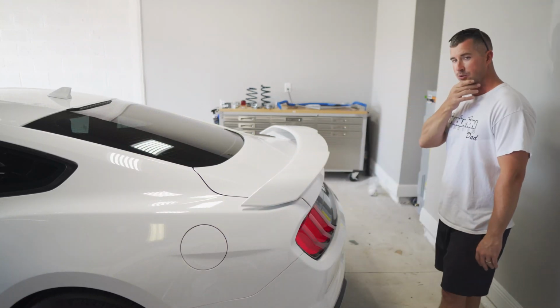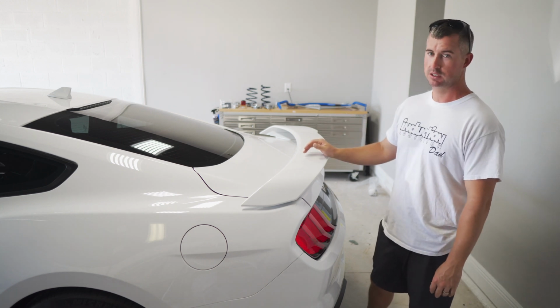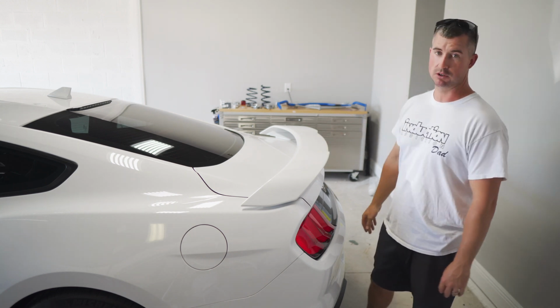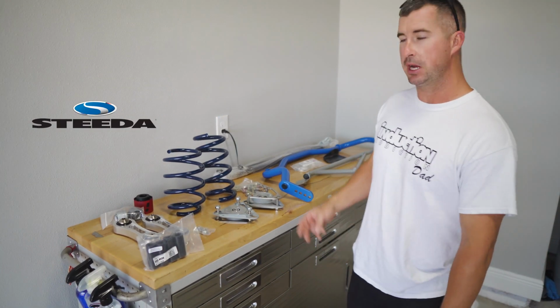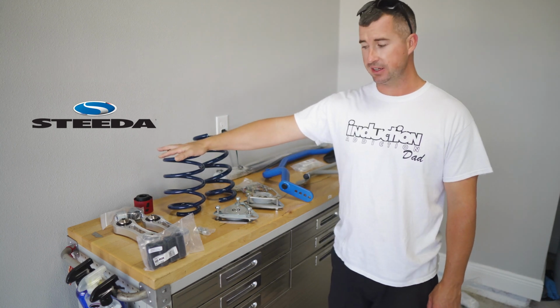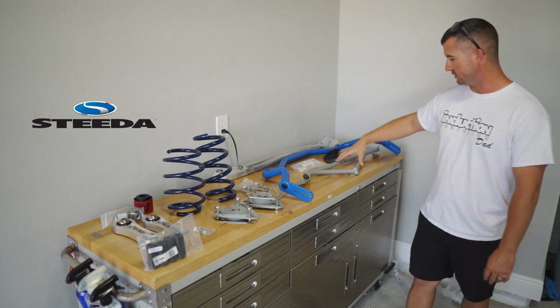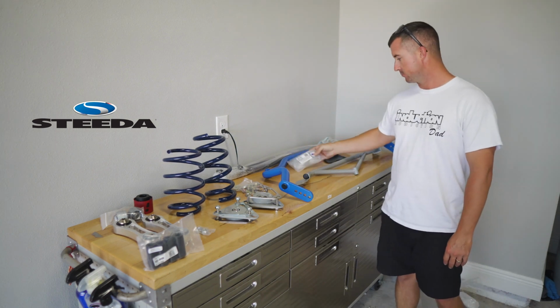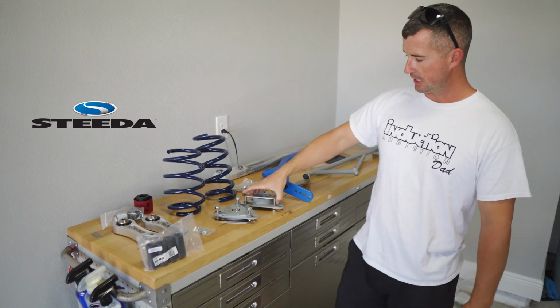Today we are going to drastically, hopefully, improve the handling of the Mustang utilizing Steeda parts. Depending on how long this video takes, it might be in two parts. Basically, we're going to lower the car about an inch. Front and rear sway bars, Steeda stop the hop. We got their bushing supports, camber plates,